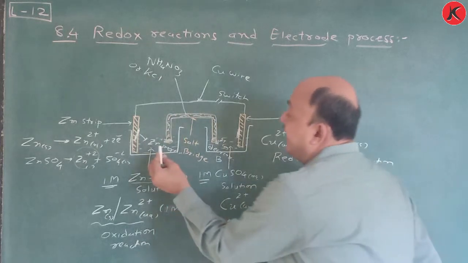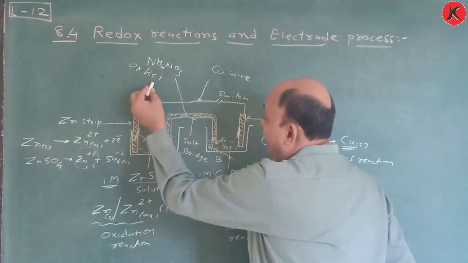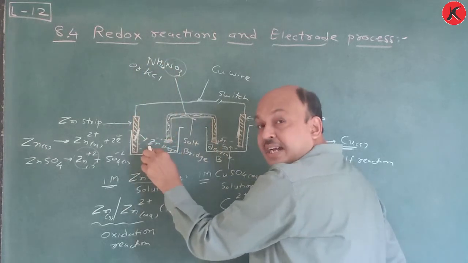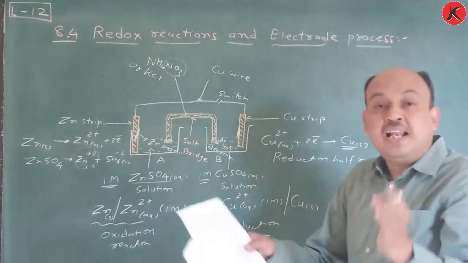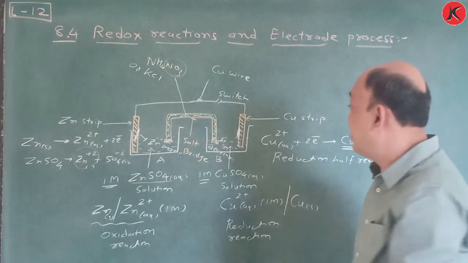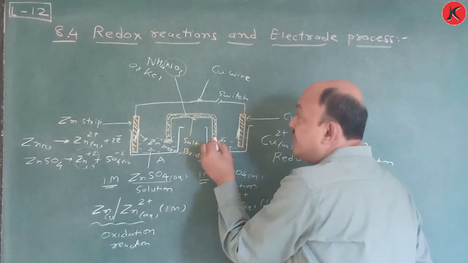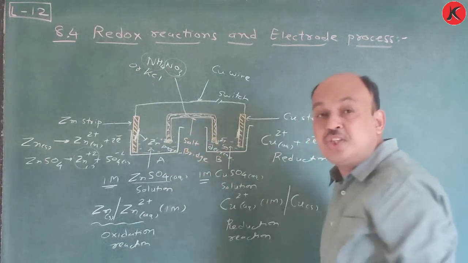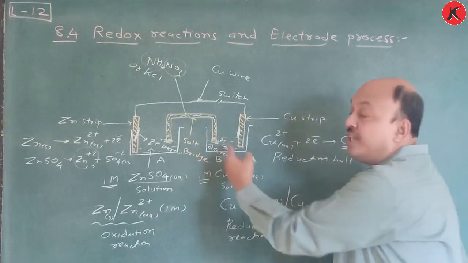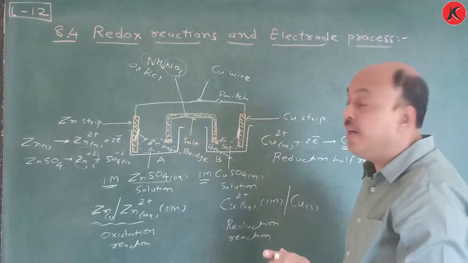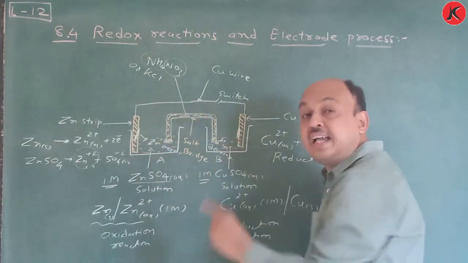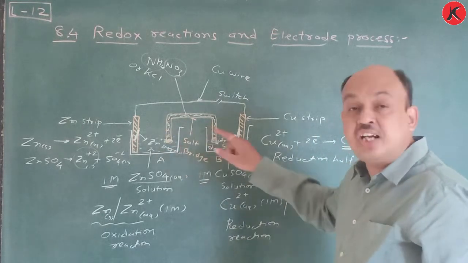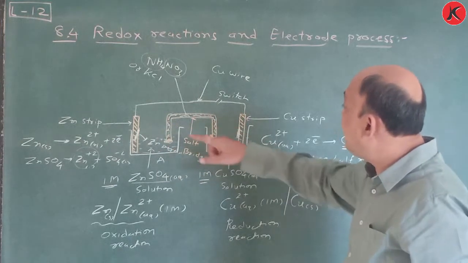So what happened here? Zn plus 2 increases. So according to this, the negative ion NO3 minus 1 enters this position to balance the electrical charge. And here Cu plus 2 decreases. So which ion enters here? The NH4 plus ion enters this position, that means apparatus B. So here the charge becomes the same, and that's why once again this cell works, because the electrical charge becomes neutral.